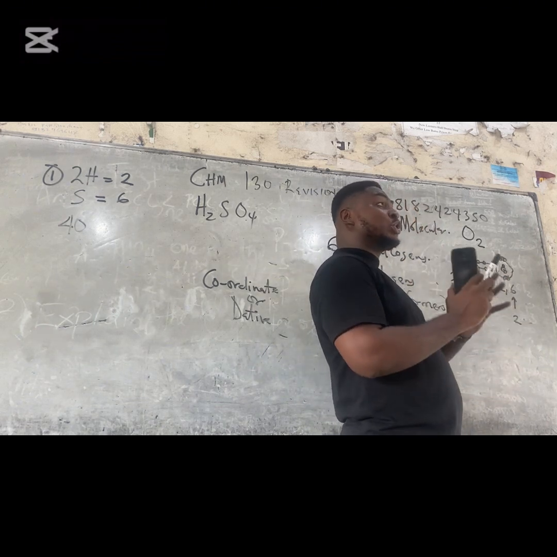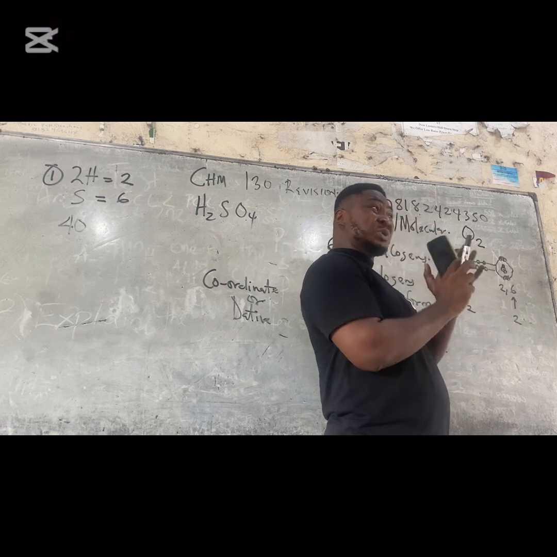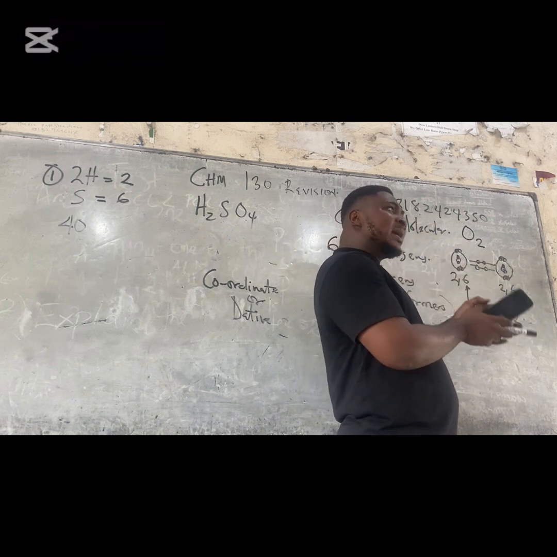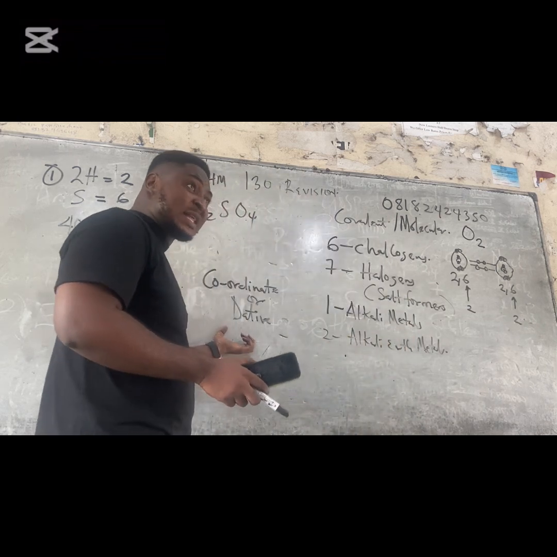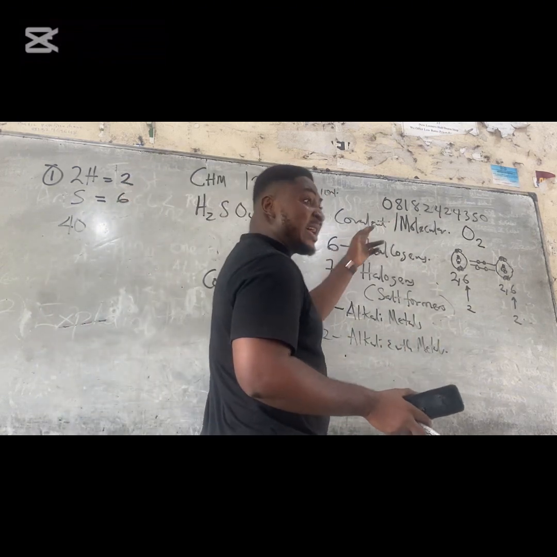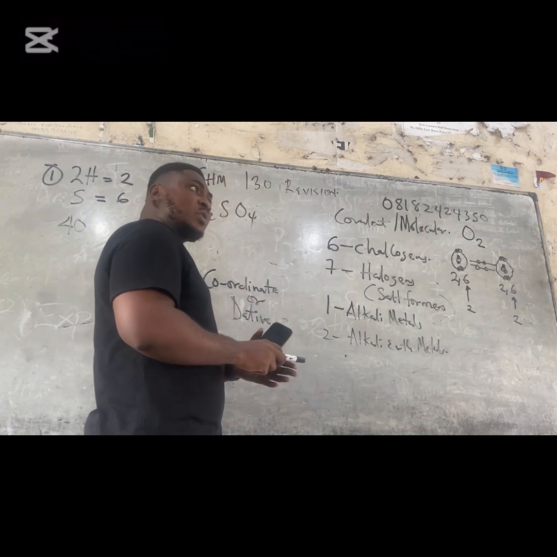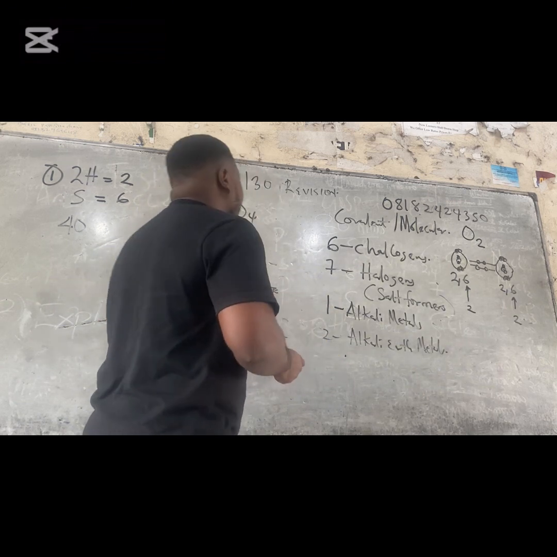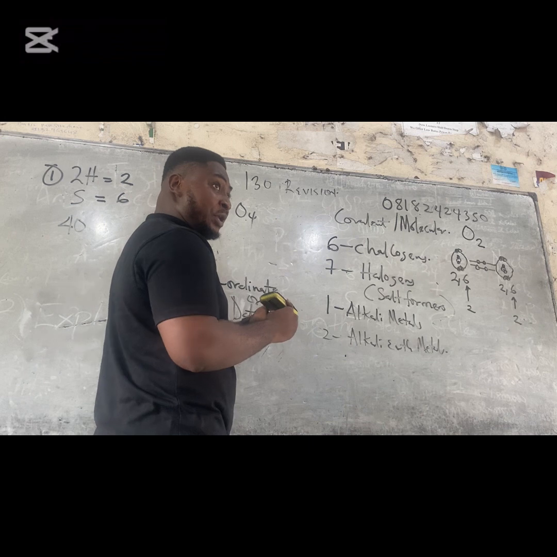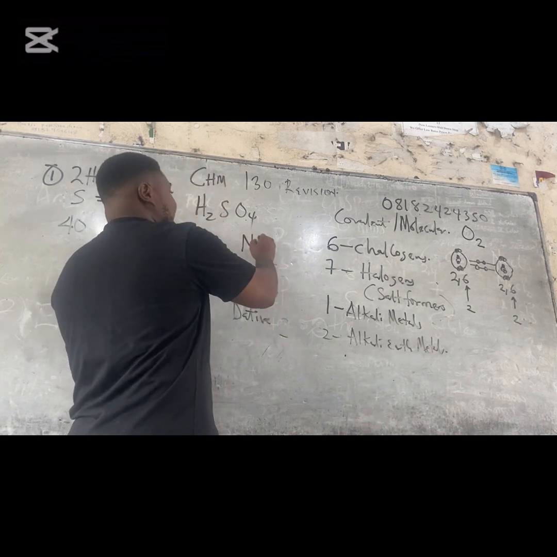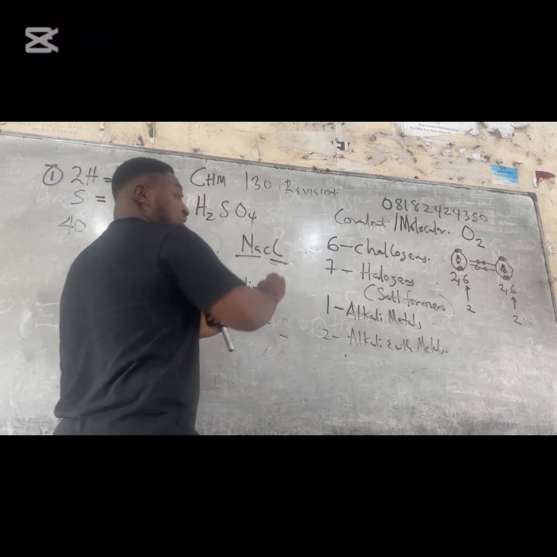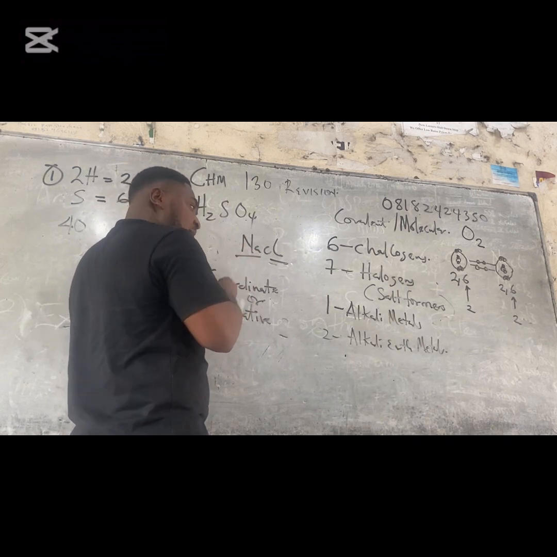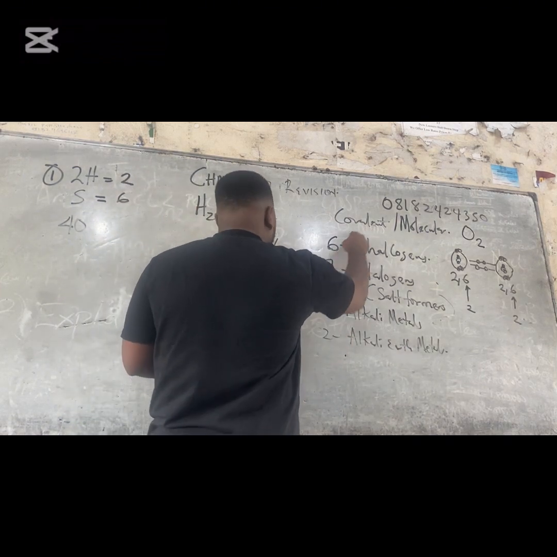It always happens between 2 non-metals. The type of bond that exists between 2 non-metals is covalent. But coordinate covalent is also between 2 non-metals. So these 2 are between non-metals, what is the one that exists between a metal and non-metal? Electrovalent or ionic bond, right? A metal and a non-metal is electrovalent or ionic, like NaCl. Sodium is metal, chlorine is non-metal. This is electrovalent or ionic bond. But between 2 non-metals, either covalent or coordinate